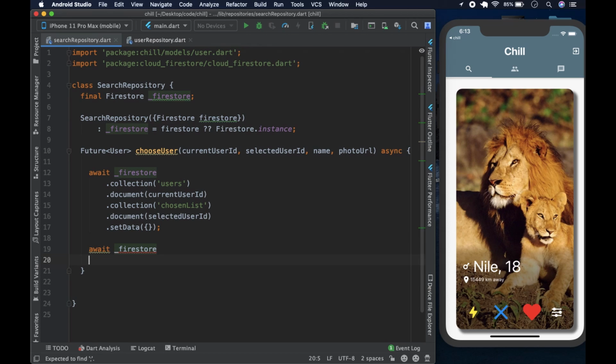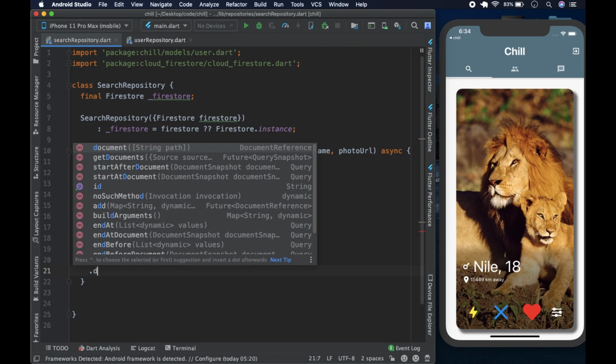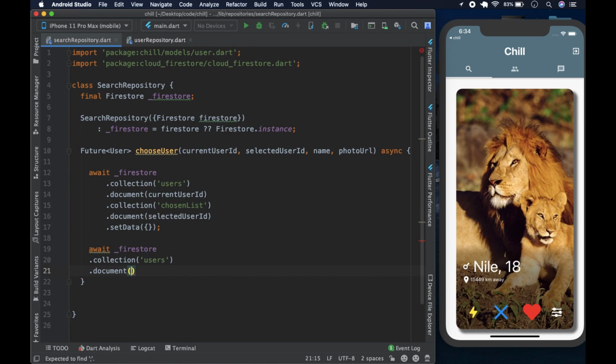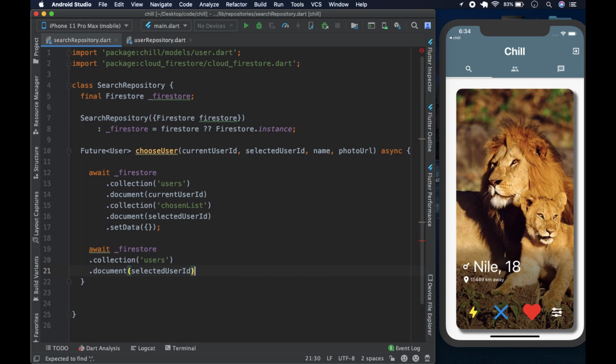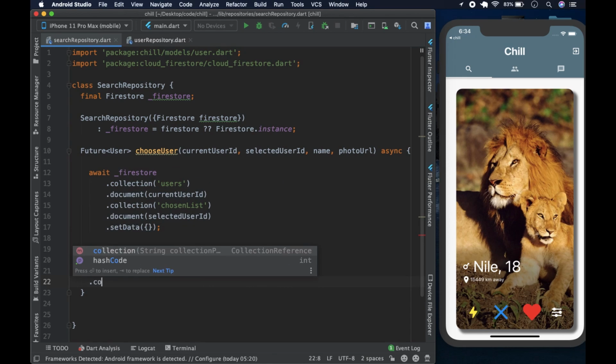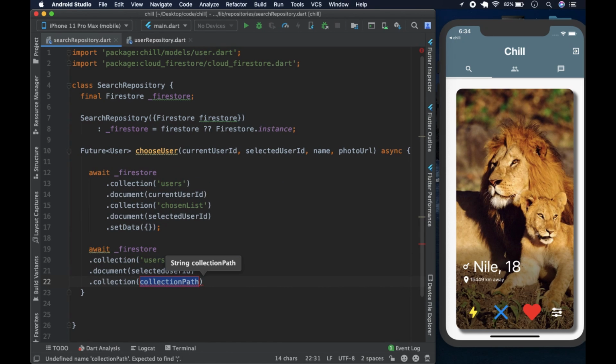In the users collection is going to be users, and we're going to reach into the selected user ID. We could say document is the person selected, user ID, and there have a collection called